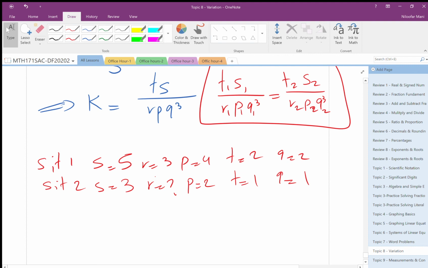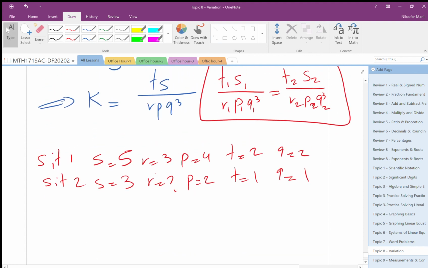Yes. Now I can substitute. These are all 1 and these are all 2. So S1 is 5 and T1 is 2, so 2 multiplied by 5 divided by 3 multiplied by 4 multiplied by 2 cubed